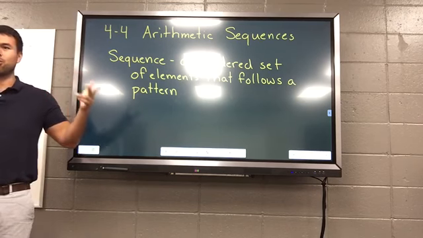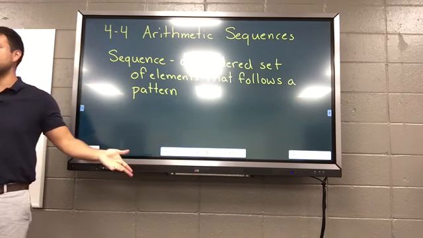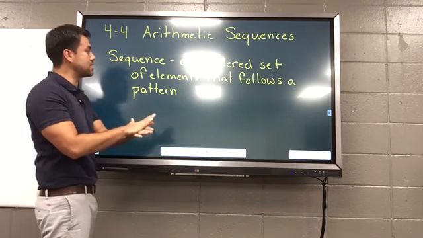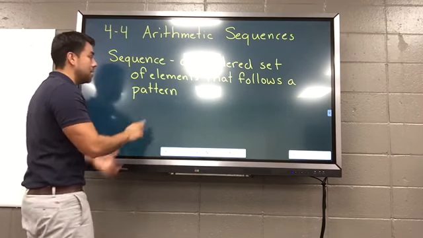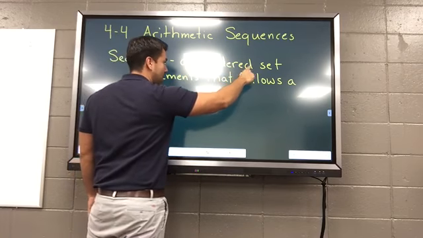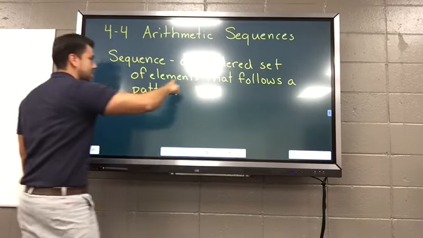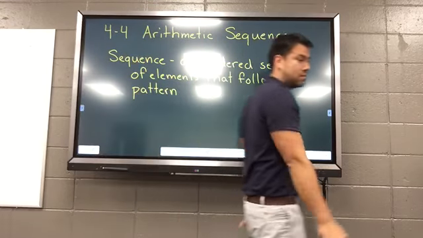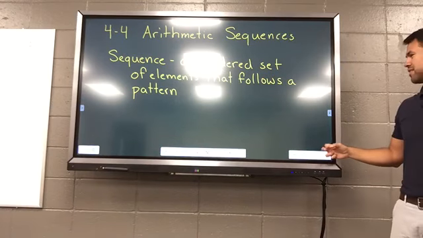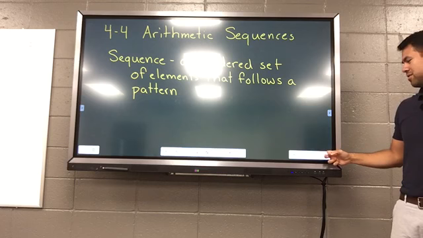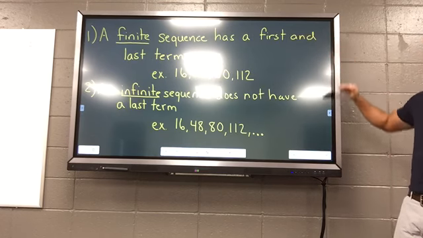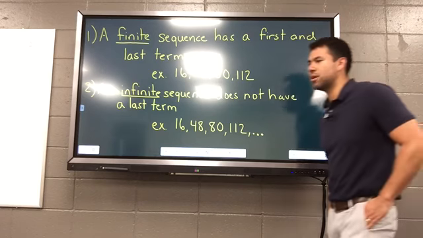A set of ordered pairs, which would be a relation. So are sequences and relations the same exact thing? No. But they're similar because they have ordered parts, they're dealing with sets, and we're also dealing with elements. Okay, I'm going to move on from here soon. You need to get these two sequences. We're going to be talking about both, mainly the second one.